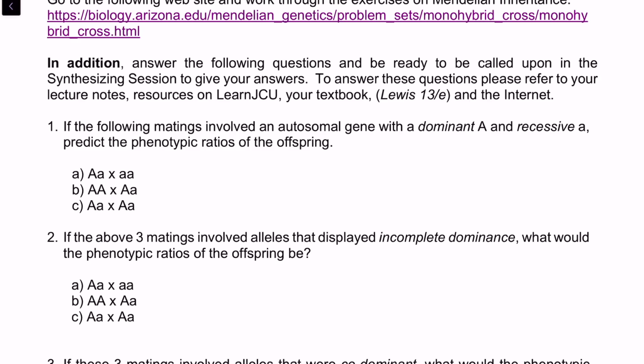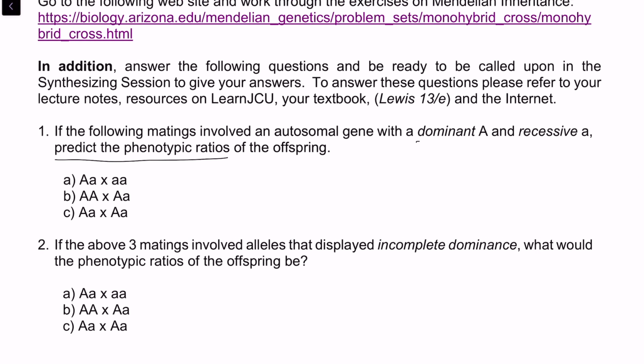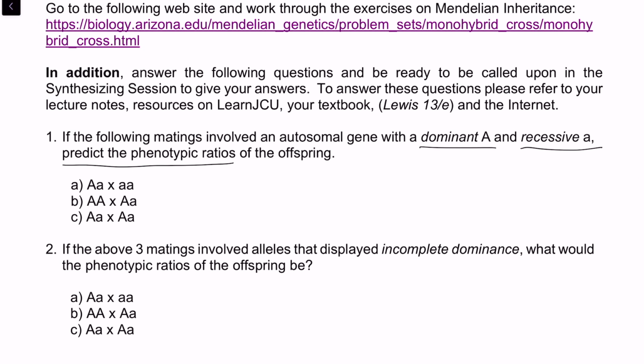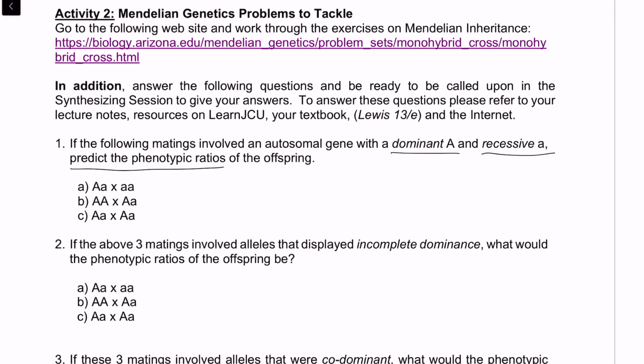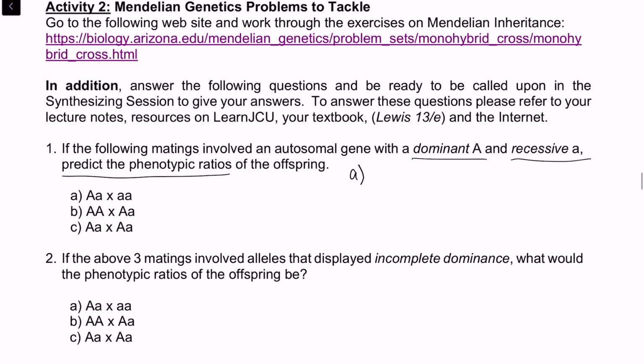Question 1A. We just have to predict the phenotypic ratios of the offspring. Because we have a dominant A and a recessive a, we know we're just dealing with normal Mendelian genetics. So for part A, we'll just be doing a Punnett square. If we just write out our individual genotypes for each parent and then do a table like this,